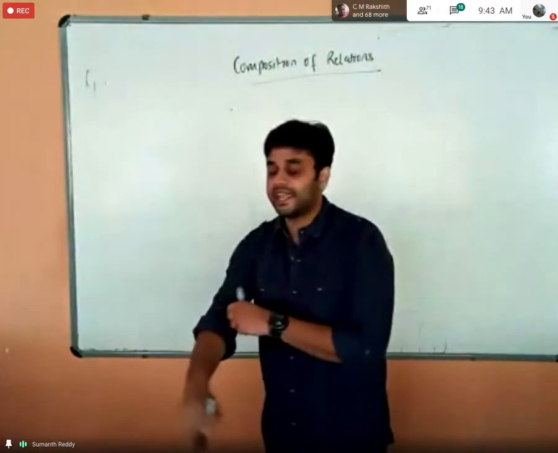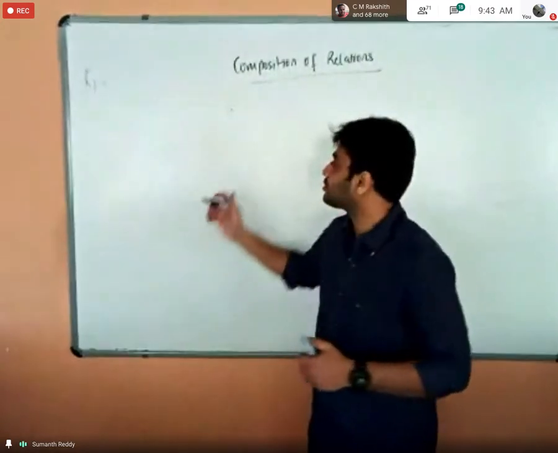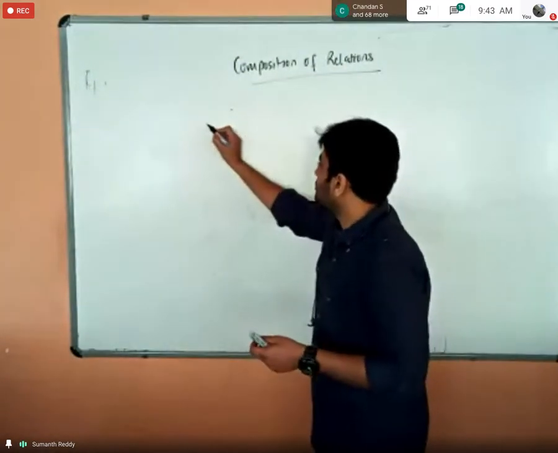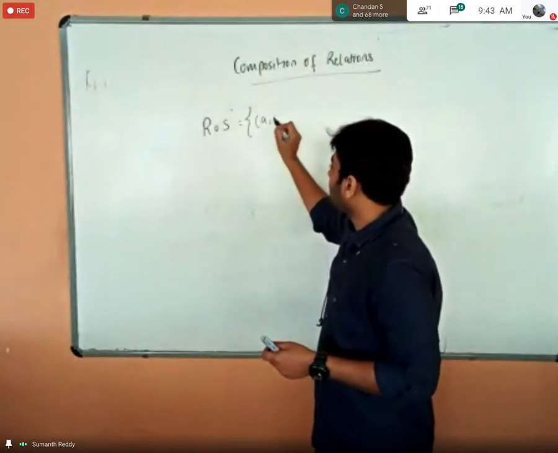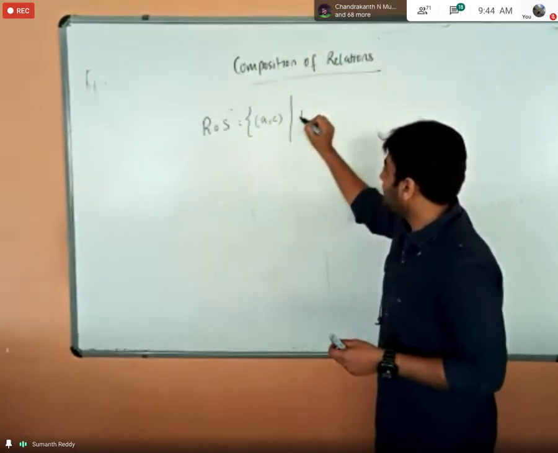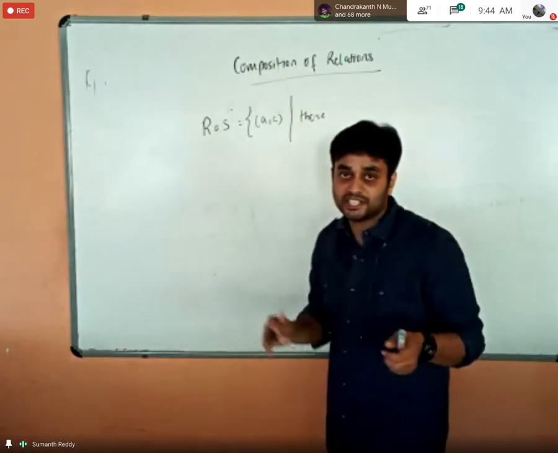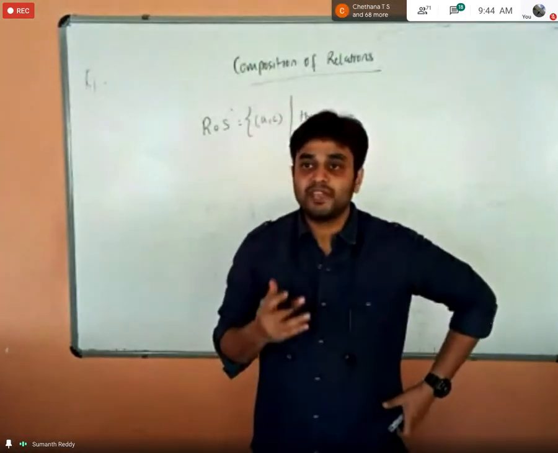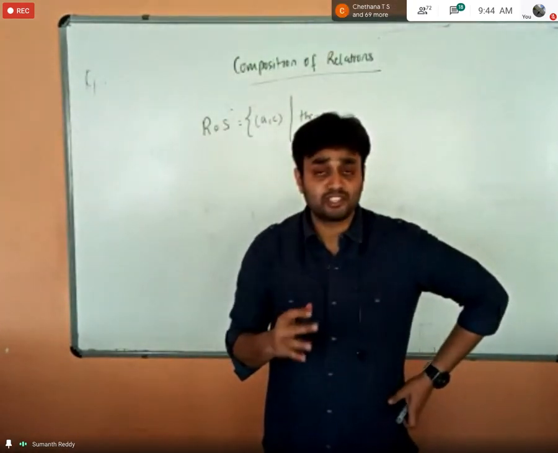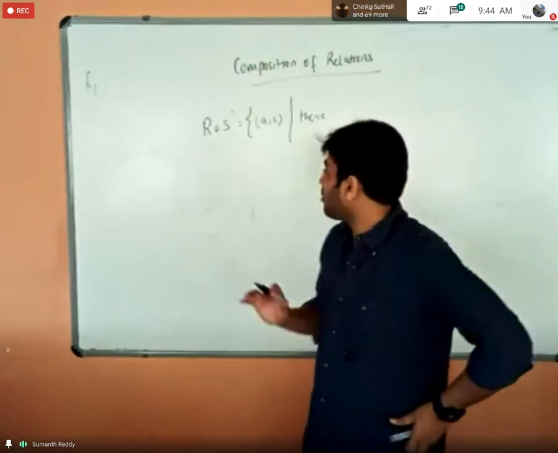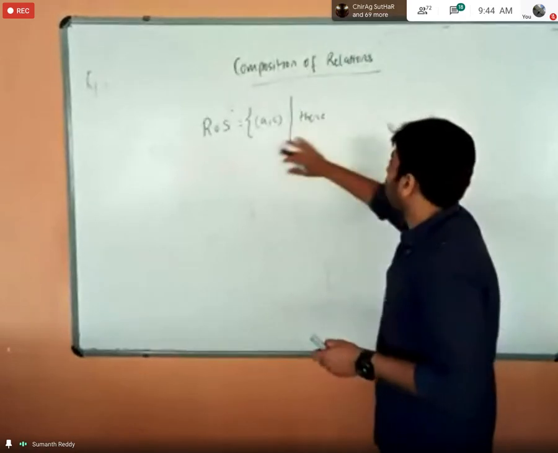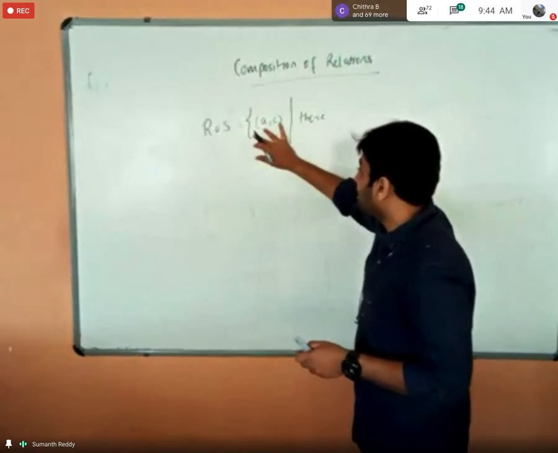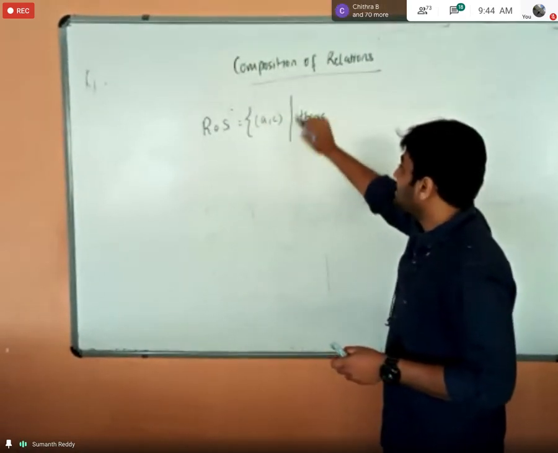So again, I will just rewrite the definition, whatever I have told. Based on that, this R composition of S will contain the element A comma C such that there exists, see this mathematical representation. Why I'm writing it is because it will be helpful for you when we solve the theorems. When we are solving the theorems, this kind of mathematical representation is very important. So this R composition of S will contain the element A comma C such that there